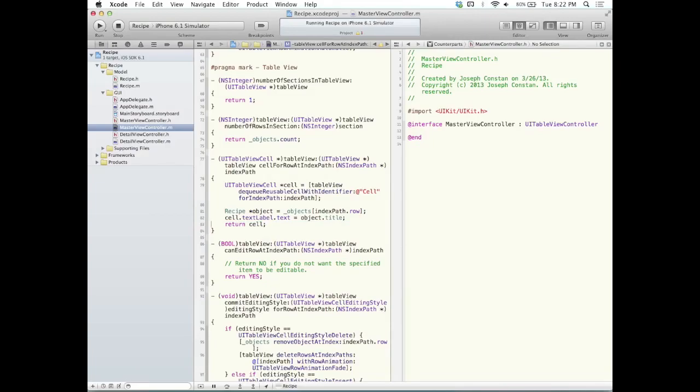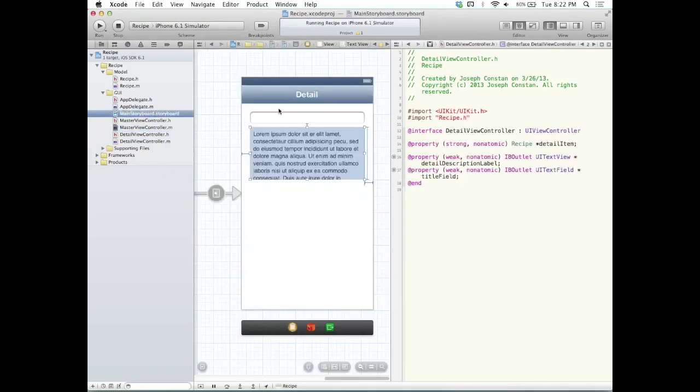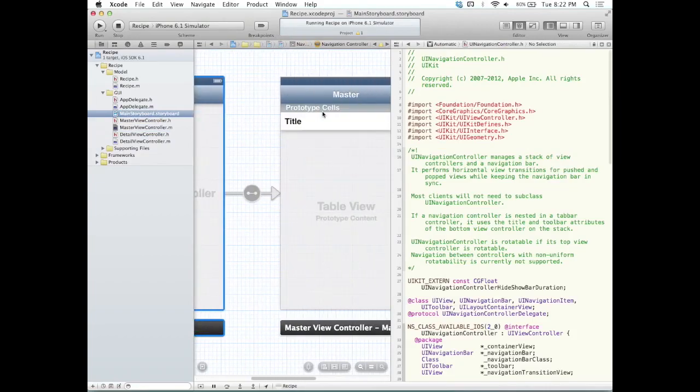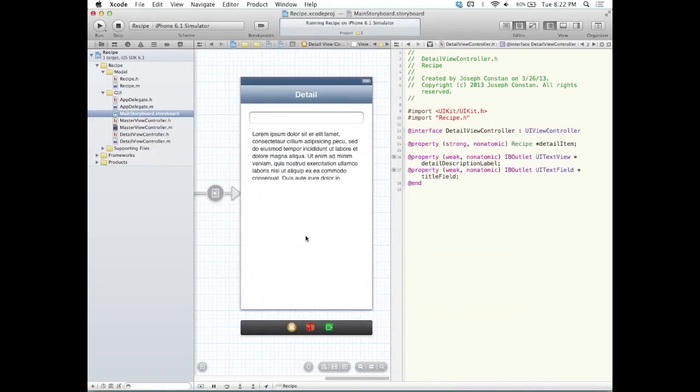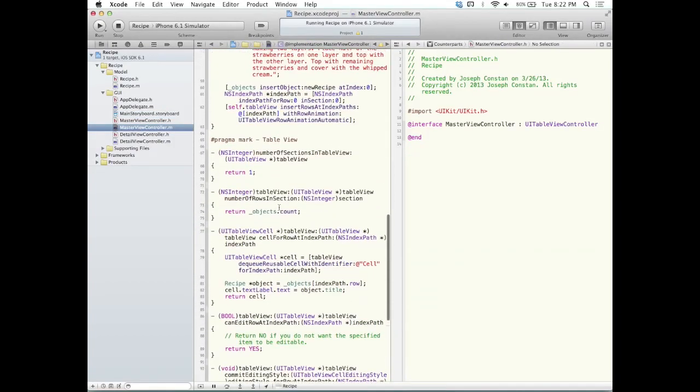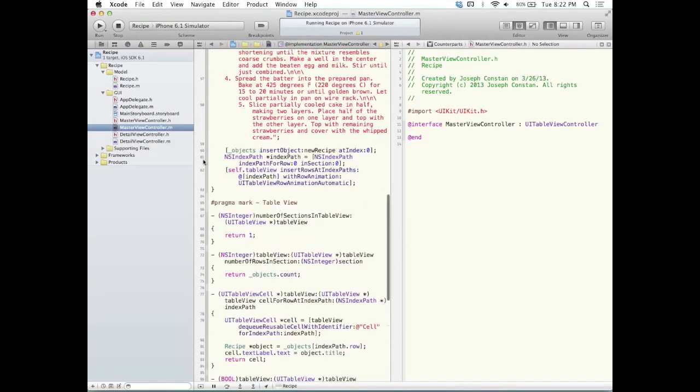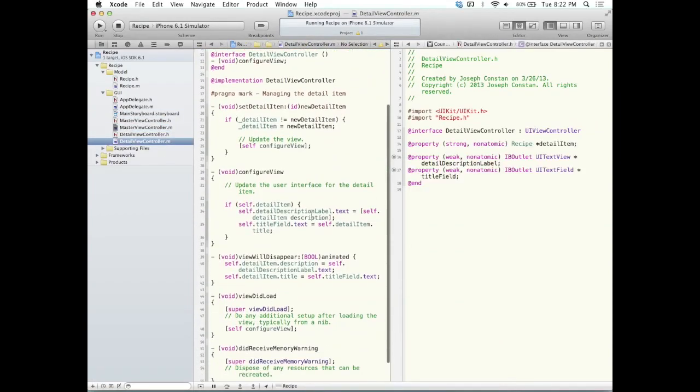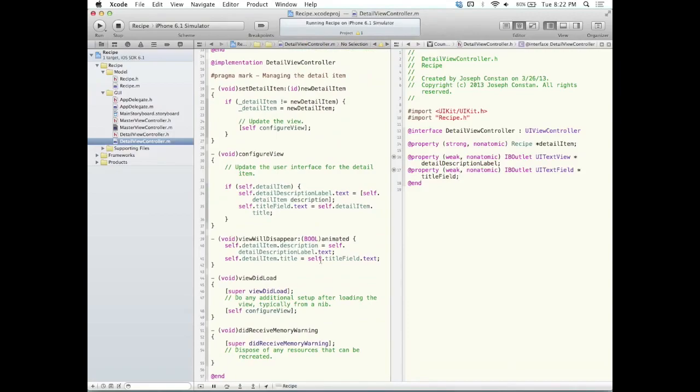So there's a lot of options, and it's a really simple but powerful template to work off of, and uses, like I said before, a navigation controller right here. You got your table view, and then just regular view controllers, text view, text field, and then we've got all our delegate and data source methods, and then our methods to set the text. So it's a really simple app,